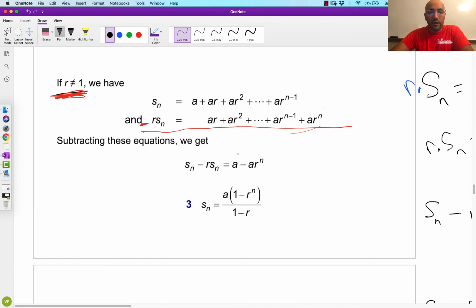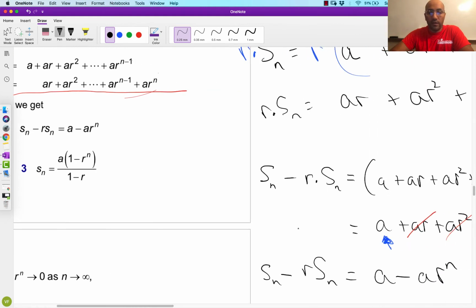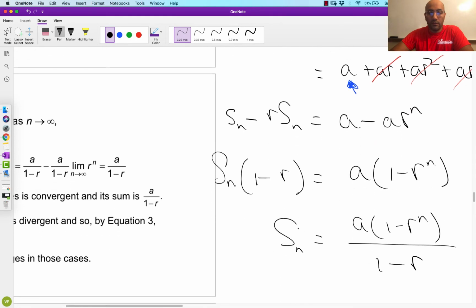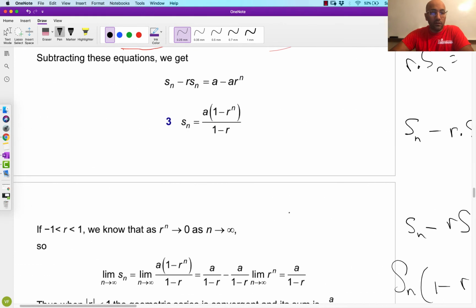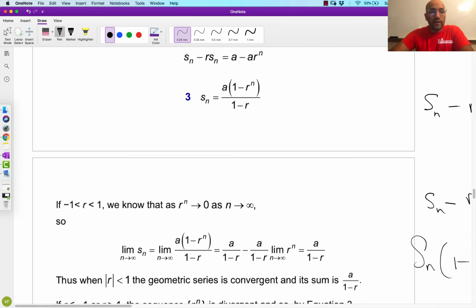And then this one minus this one, a bunch of stuff will cancel. So it's just this term minus that term. Good. Factor out, divide both sides by 1 minus r. And that's how we get to this. This is the same formula that I got over here. Now we know that if r is between -1 and 1, r to